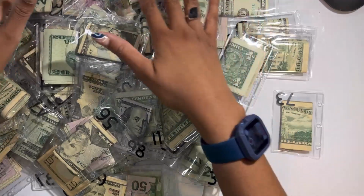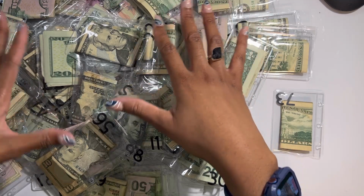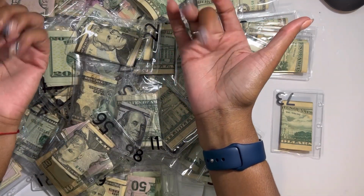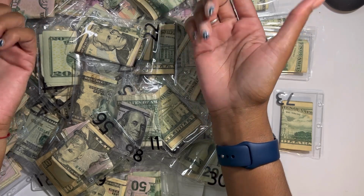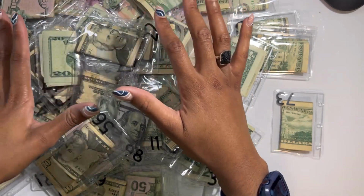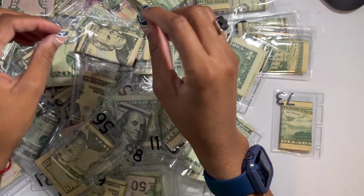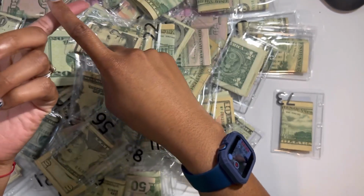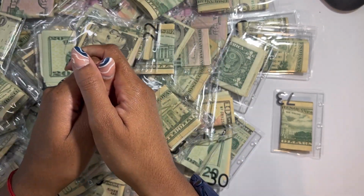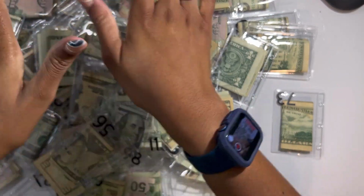And today we are counting all of our envelopes for the 100 envelope challenge. I have enlisted my daughter, Shania, to help me unstuff these and put them in the cash tray before we start to count to see how much we actually saved. Remember, from 89 all the way to 100, all of those have $100 bills in it. So we're way over $5,050. Let's get